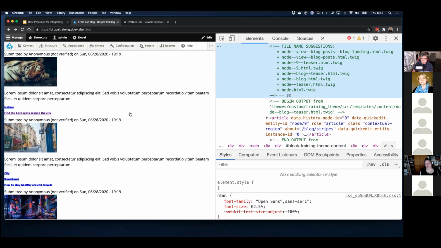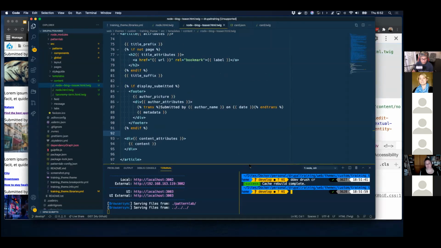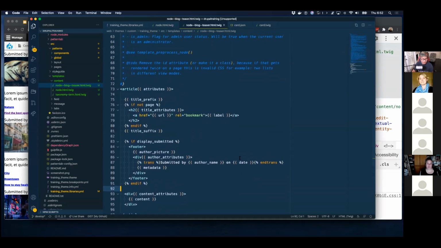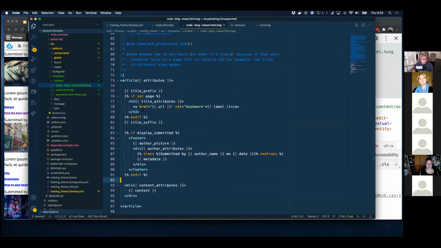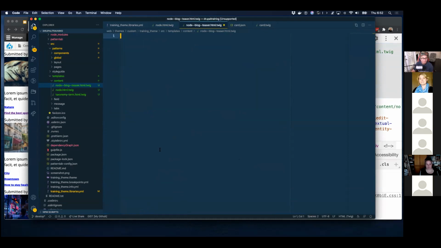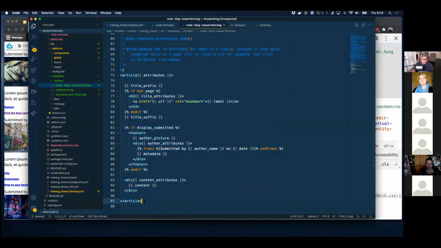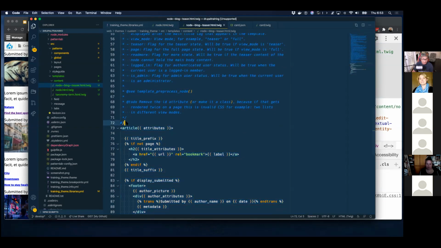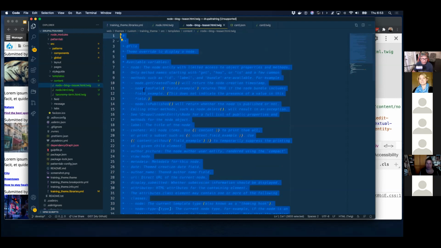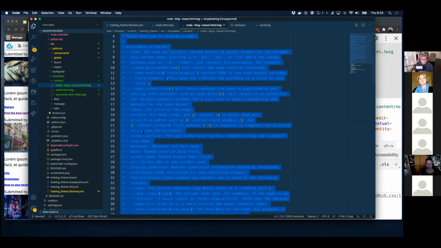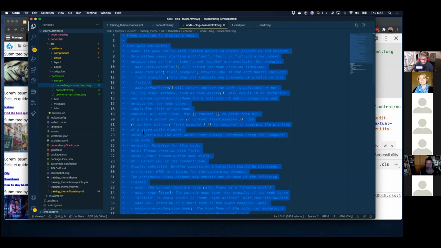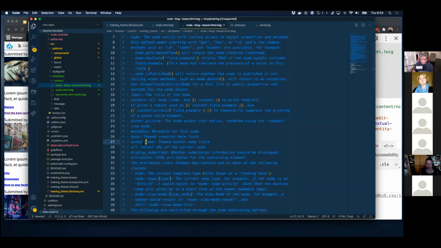So one of the things that I typically do, right? Let me hide this for now. Obviously, all of this will change because we want to use our own component rather than all of this here. So what a lot of people will do is just wipe this out, right? And start integrating the component. What I like to do is maybe get rid of this for sure, but not just yet. I do always like to keep the comments available because the comments give you a lot of information about what's available in this template so that when you're integrating this component with Drupal, you can make use of those variables. For example, things like